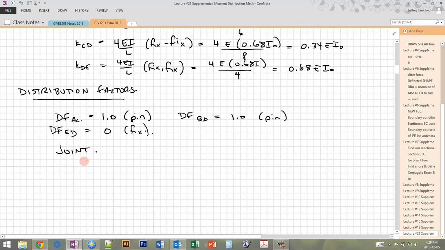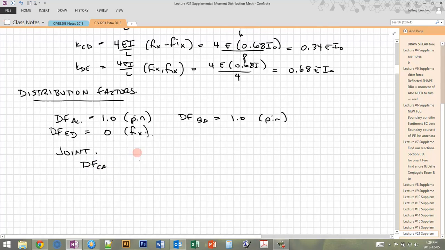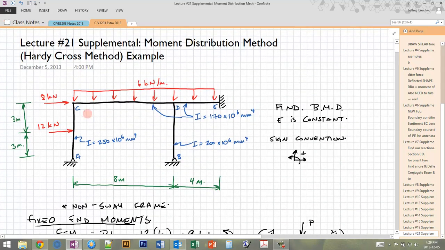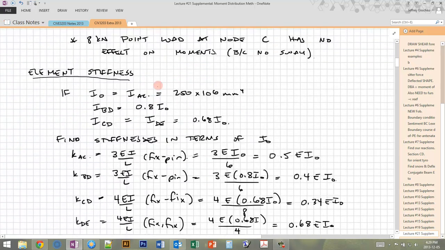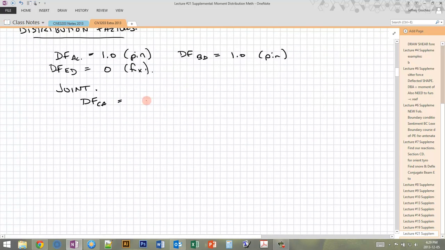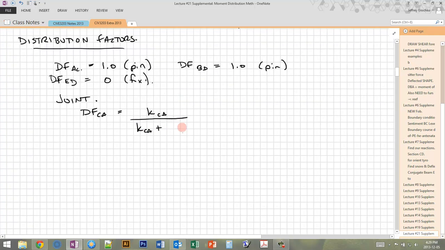So when we're doing the distribution factors, if we're doing DFCA, we need to look at the relative stiffnesses of all the members that are framing into that joint. So at CA, looking at the moment in CA at point C, if I apply one kilonewton meter of moment here, how much is going to go into CA? How much is going to go into CD? Well, it's based on the relative values of the stiffnesses. So for CA, it's going to be the stiffness of CA divided by the total stiffness. So DFCA is basically the K of CA divided by the K of all the elements framing into that joint. And for this one, it's CA and